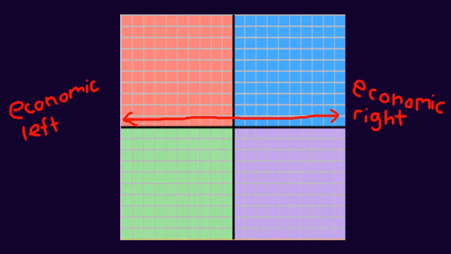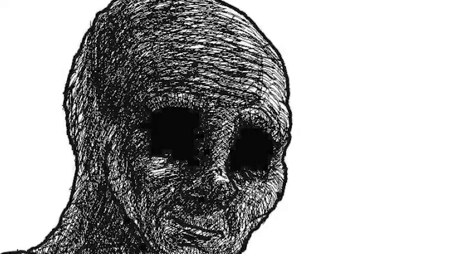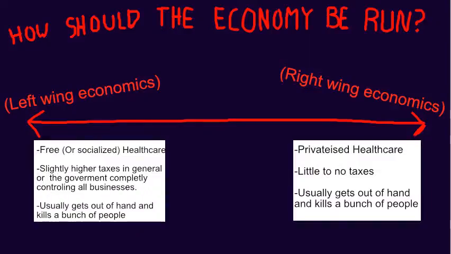Okay, now that you have some backstory, let's get on to what the political compass actually does. So the political compass has two different political ideals on the X and Y axis, that being economic left and economic right on the X axis, and authoritarianism and libertarianism on the Y. For those of us who don't sit through long Wikipedia articles listening to classical music, dank remix, watching as our mental and financial stability decreases, that basically means that the X-axis, or the left and right line, shows how someone